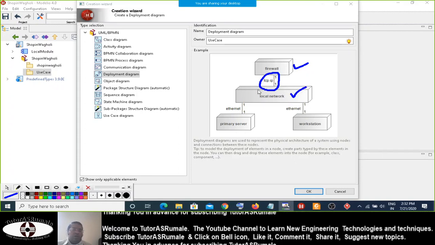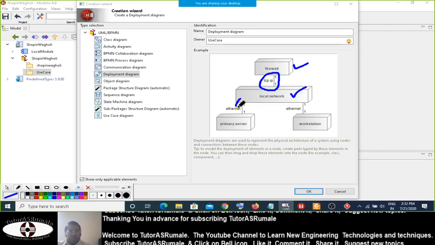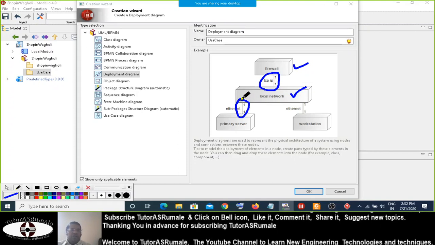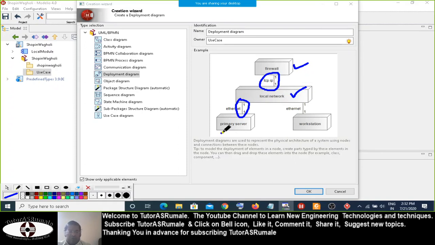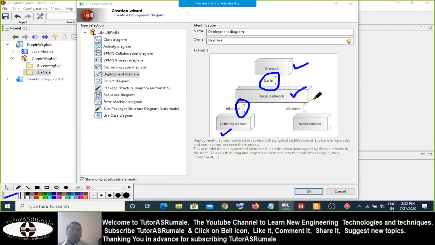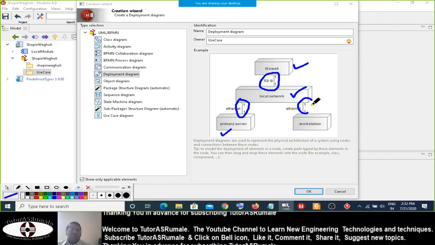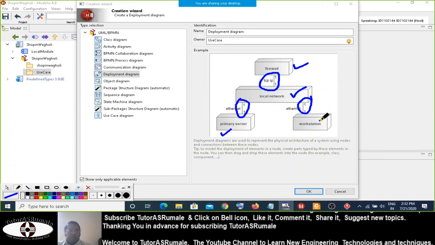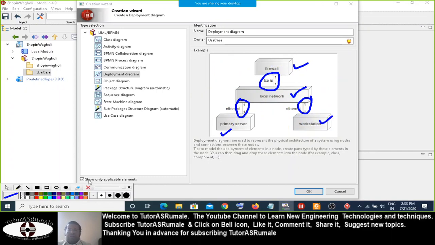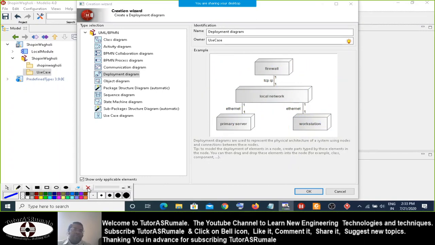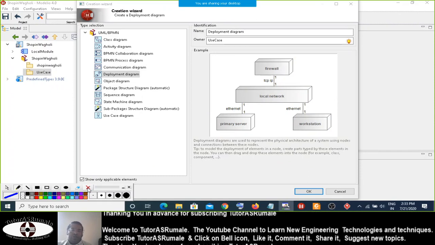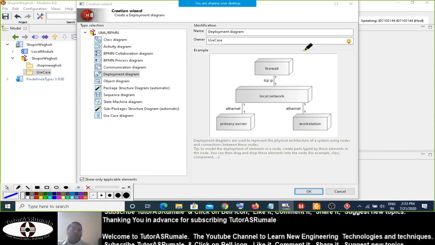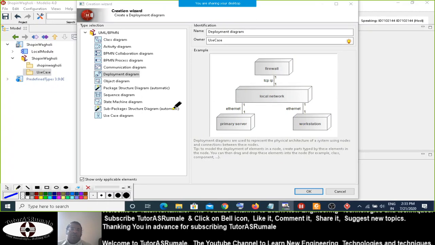Then you are using the local network, which has Ethernet connectivity, and then you have the primary server and different workstations. So this is the complete scenario, a deployment diagram.